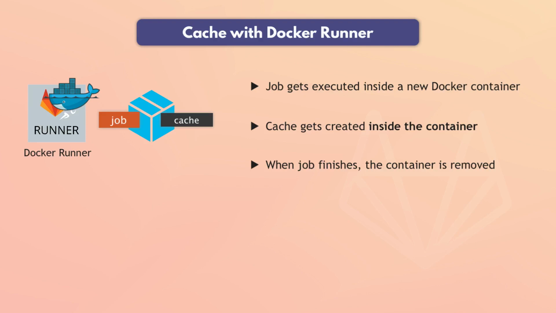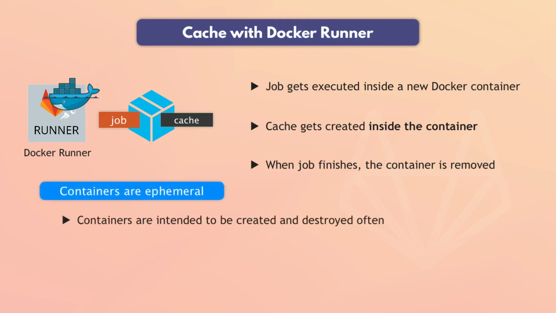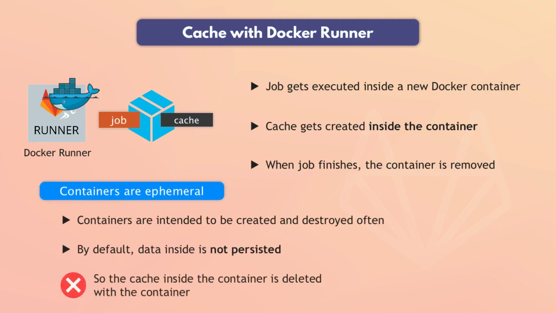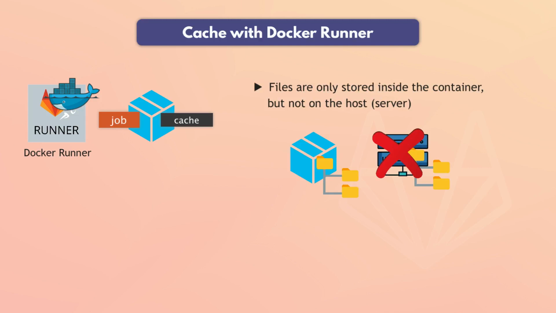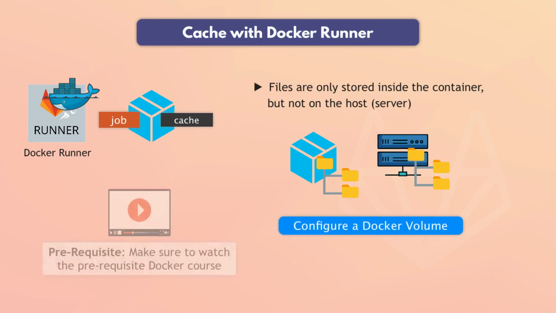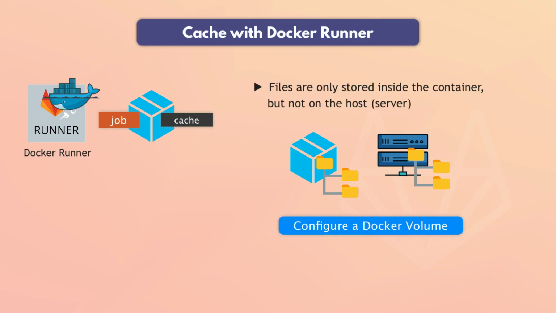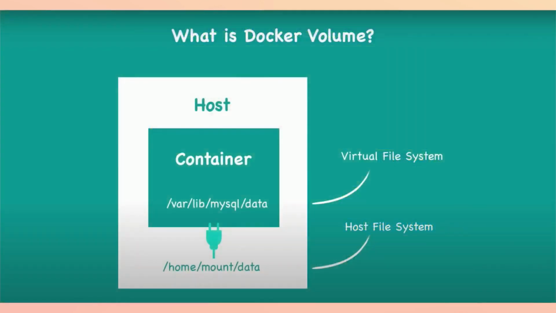And since containers are ephemeral, meaning whatever you create inside the Docker container's file system by default also gets deleted. So containers do not persist any files or any data when they get removed. So those files do not get stored on the host where the container is running. But in order to make that happen, we need to configure what's called volumes. So if you have gone through my Docker course as a prerequisite of this one, you know that if we want that to persist, then we have to explicitly configure the Docker volumes, which will basically mirror, or replicate, the data in the